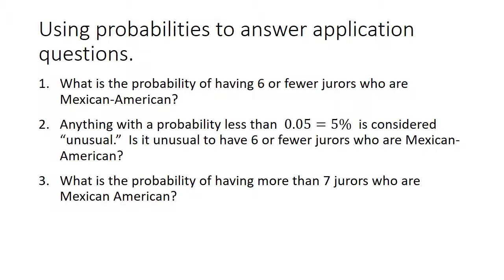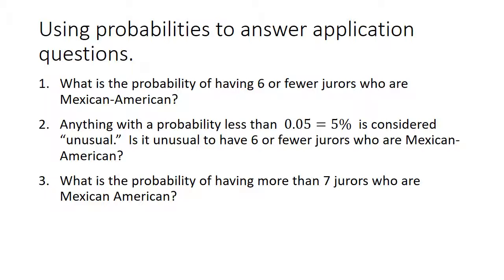Now let's use these probabilities to answer some application questions. This actually came up from another statistics book that I have, in talking about a court case. It was alleged that jury selection was discriminatory, that in a county with 80% of the population eligible for jury duty being Mexican American, juries were being chosen with too few Mexican American jurors, that the Mexican Americans were being discriminated against in being